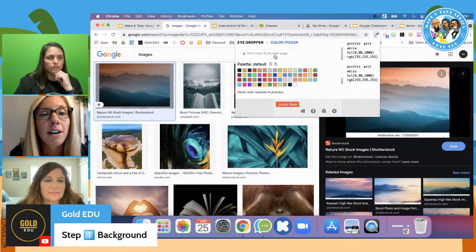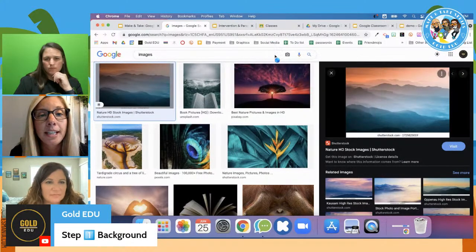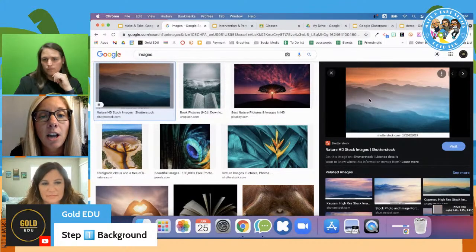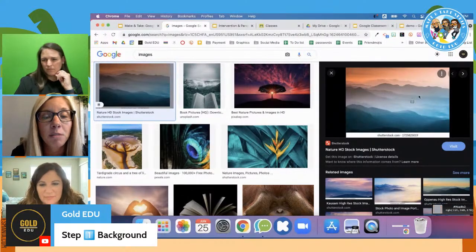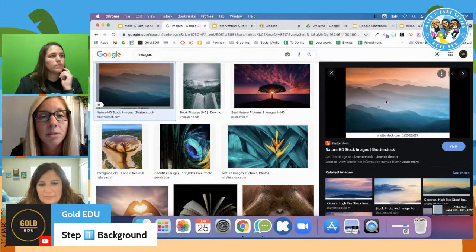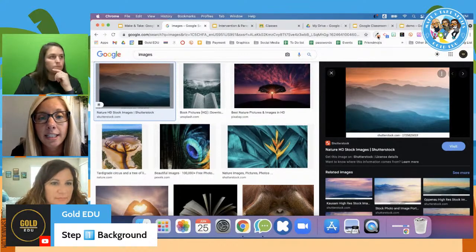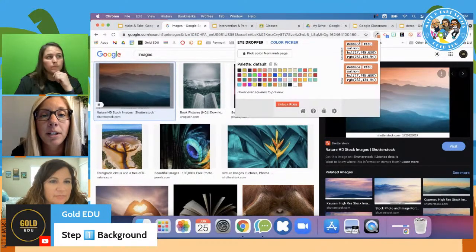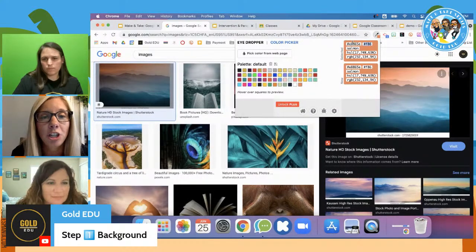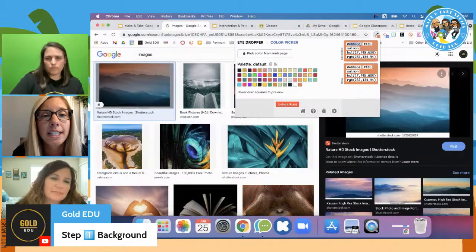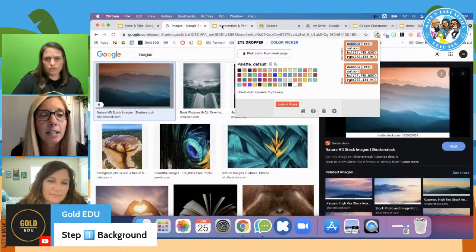So when I click on the pick a color, I'm clicking on the image that I want, and it's going to highlight colors that are available to me from that image. Any color I want, once I find that, it's going to save that color for me, and it's going to pop up next to the eyedropper. I select the first white box with that color identification code, and once I select that, I can go back to my header,